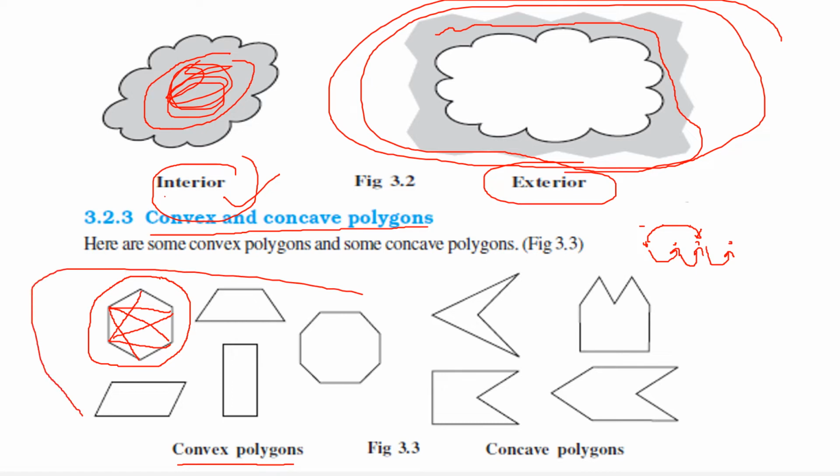Similarly, in all these cases, if you try on your own, you will find all the diagonals are coming in the interior of the polygon. In this case, if I join these two points, they are also non-consecutive, and it is coming inside the polygon only. But if I join these two points, you can see it is coming in the exterior. So this diagonal is coming in the exterior. Hence, we call such polygons concave polygons. Here also, joining these, the exterior is coming. Here also they are coming in the exterior, hence they are known as concave.